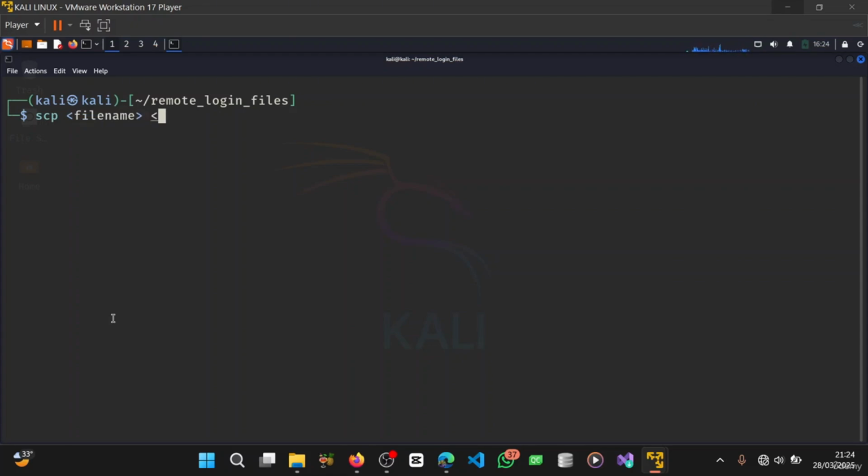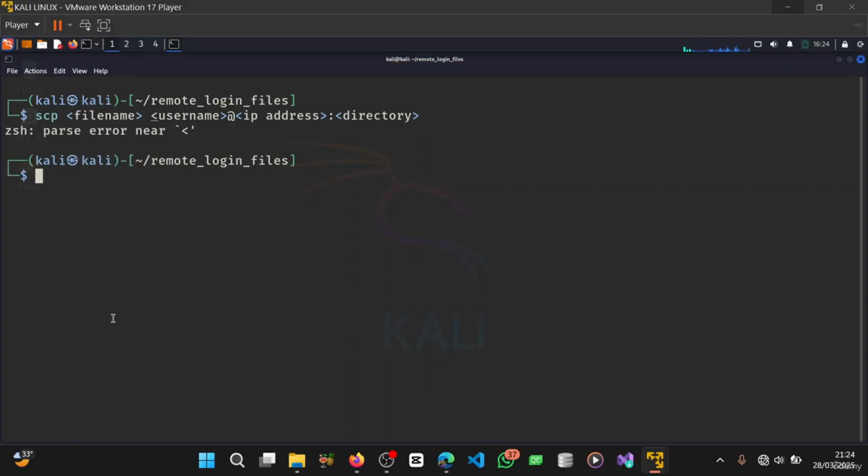Then the target machine's username, then the IP address, then a colon, then the directory where you want to upload the file on the target machine. If you are trying to transfer, steal, or copy a file from the target machine down to your attacker's machine,